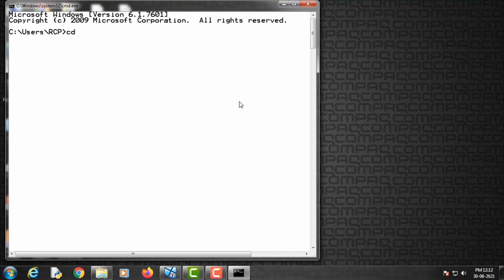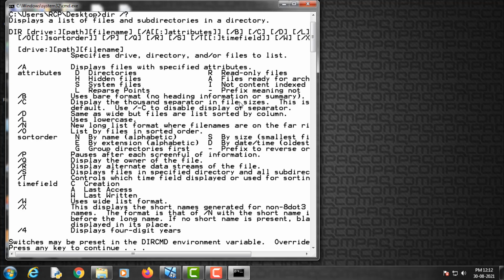Let's go to the desktop here. Now if I type dir /?, you can see here that this /r displays alternate data streams of the file.